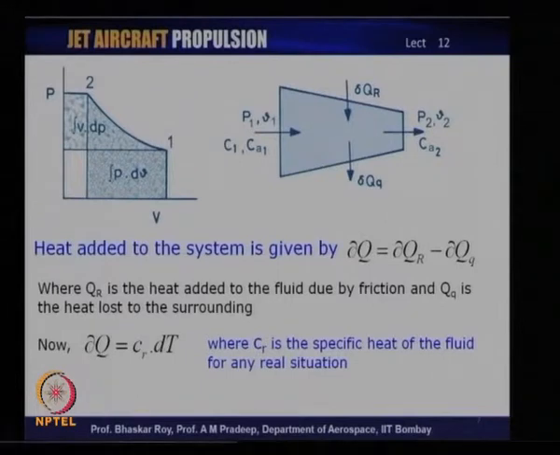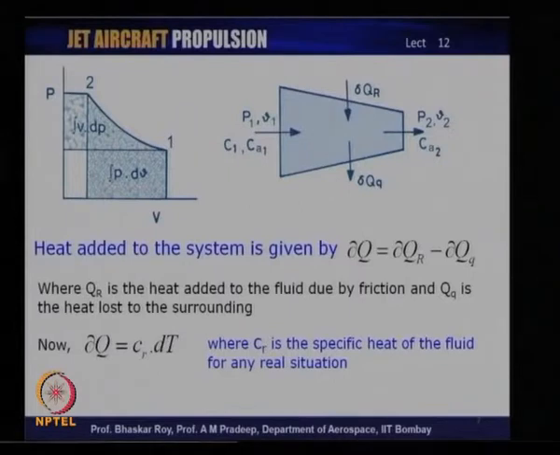Now, this heat addition is shown as delta Q r, and the heat rejection is shown as delta Q subscript small q. So, the net heat added to the system is given by delta Q equal to delta Q r minus delta Q subscript small q,